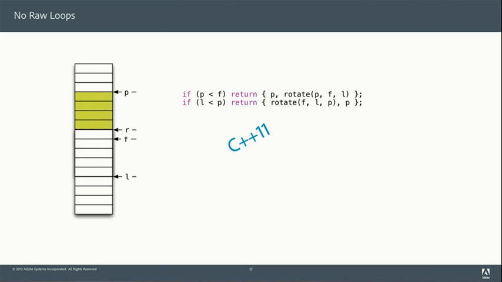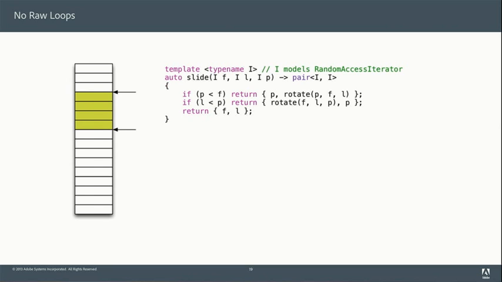Okay? So now I can return R, the result coming back from rotate, right? It's new for C++11. So I can return the range from either P to R, which would be this case, or R to P in my other case, of where my stuff went. And in the case where things don't move, I just return where they are. So there's my third case. So I can come up with a good name for this function. We'll call it slide. Okay? And now we can slide a range F to L to any location P.